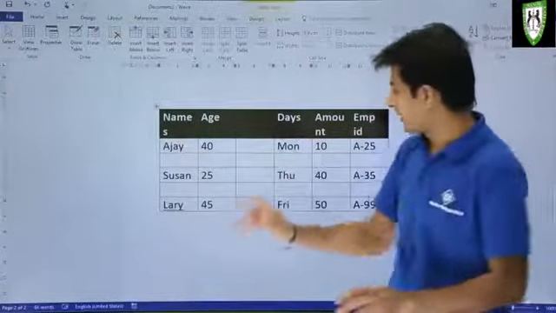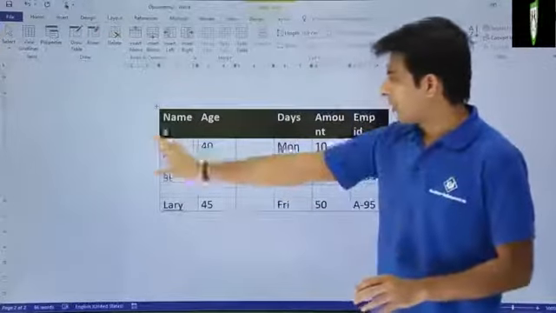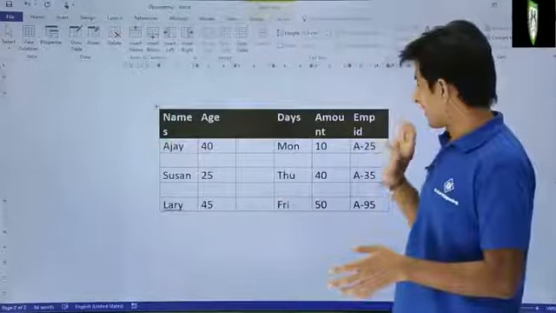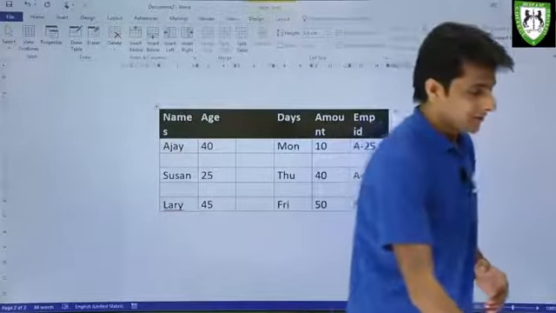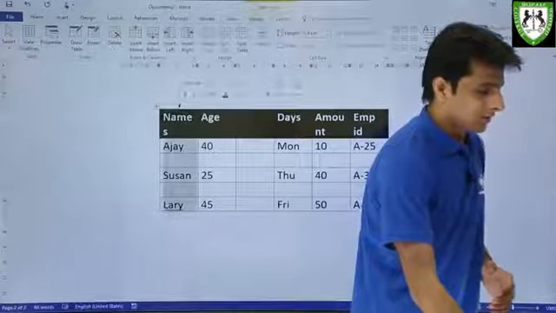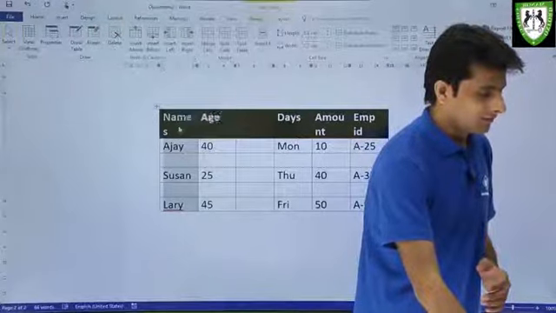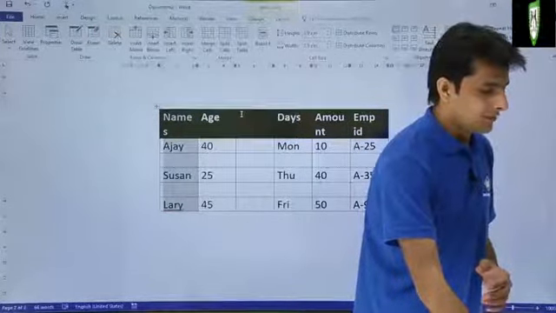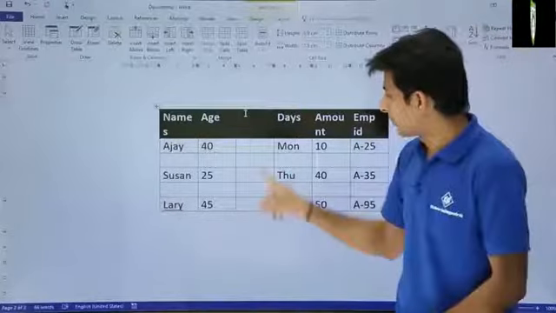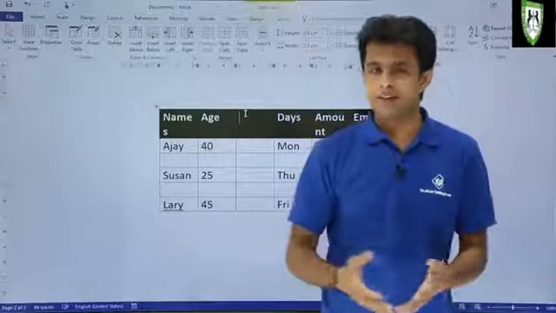Yeah, now it's better. So what I've done is I've cut and pasted on the right hand side. Similarly, if I want to copy paste, how do I do that? I'll just select this column here, right click on this column and say copy. And if you want to paste in this place, just